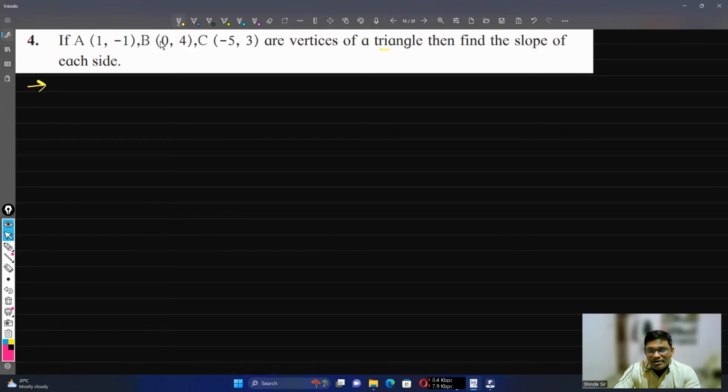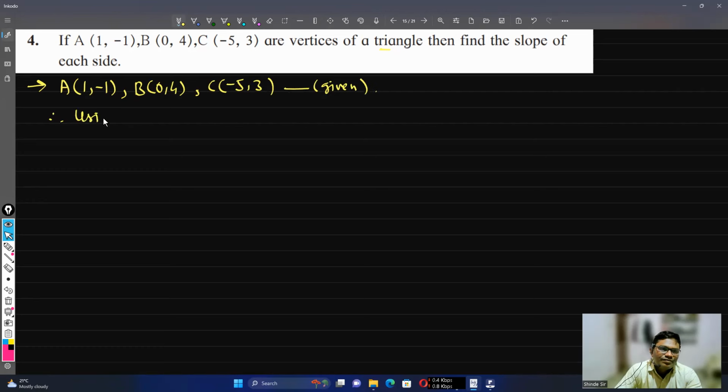Therefore, they are not parallel. Since they are not parallel, the slope of each individual side will be different, and the slope of none of the sides will be the same, right? So the slopes of all these sides are different. Point A, whose coordinates are 1, -1, B's coordinates are 0, 4, and C's coordinates are -5, 3. So these things are given. Therefore, using slope formula,